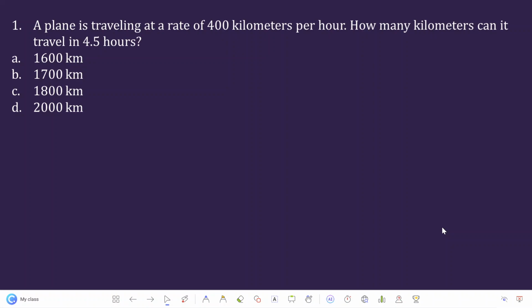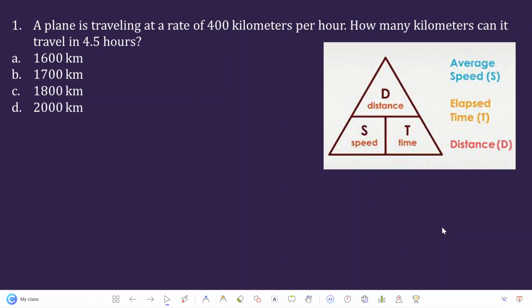In solving motion problems, kailangan alam natin ang relationship between distance, speed, at saka time. At ang nasa screen ninyo ay ang DST triangle which will help us a lot sa pag-solve ng mga motion problems. Okay? So, in solving for distance, distance is simply